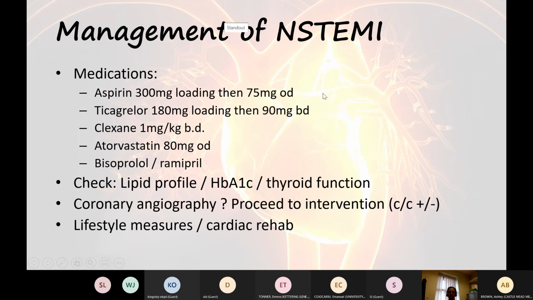So assuming that we've got a history that's suggestive of NSTEMI and we've got dynamic ECG changes, we would move straight into treating our NSTEMI, as we just said. If we don't have dynamic ECG changes, then we might want our troponin back first, because we don't want to treat patients who are not having ischemia with medications that could make them bleed. And so once we've confirmed our NSTEMI and our type 1 NSTEMI, so our ruptured plaque coronary artery disease NSTEMI as we believe it to be,